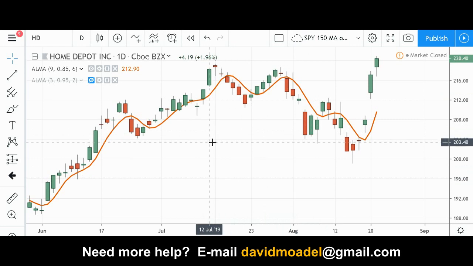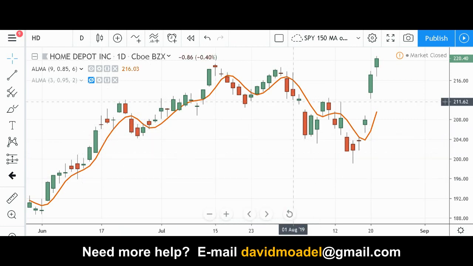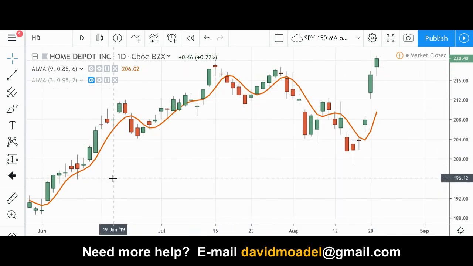And this is a daily candlestick chart for Home Depot, just as an example. And what you could do, pretty much almost anything you can do with regular traditional moving averages, you can do with the Arnaud-Legault moving averages, okay? It's just a variation on your normal moving averages. It uses a different formula and different parameters. And so yes, you could throw one ALMA moving average up there, and then you could use it in the classical way you might use regular moving averages.